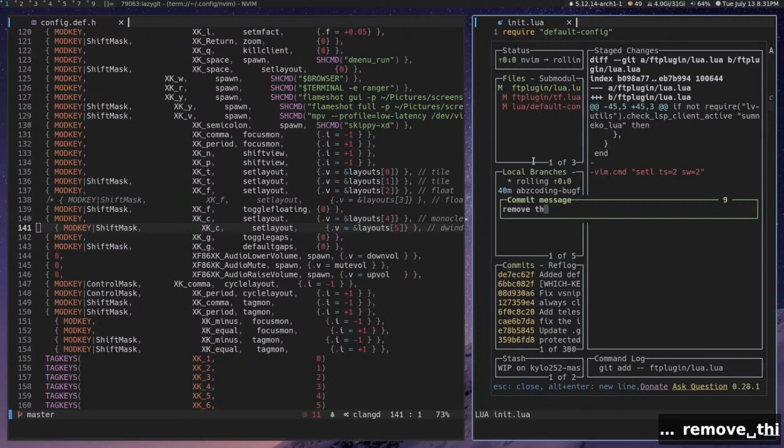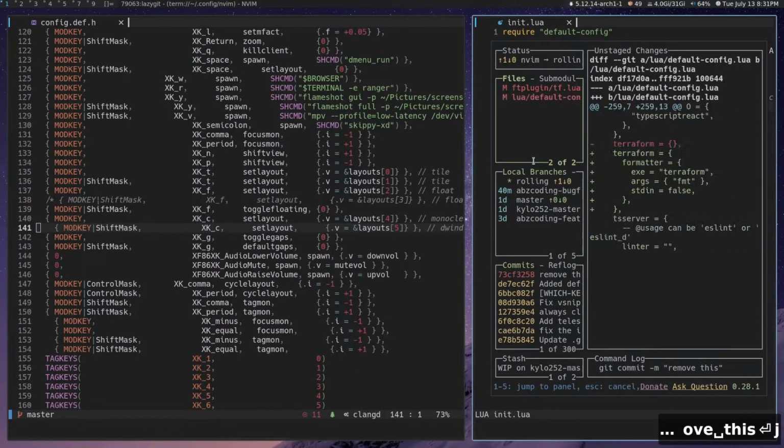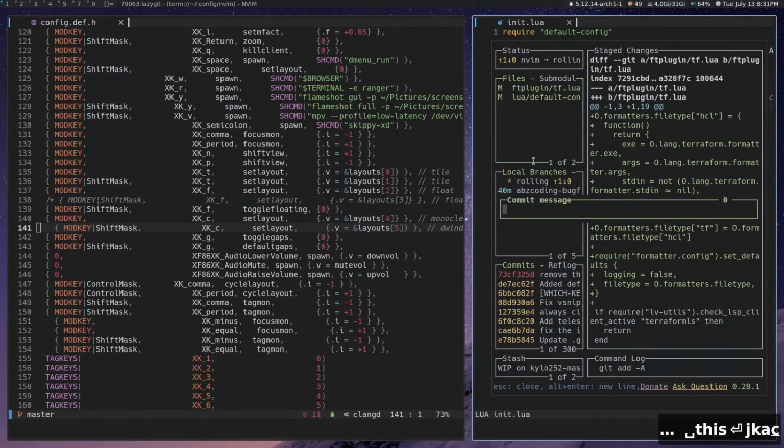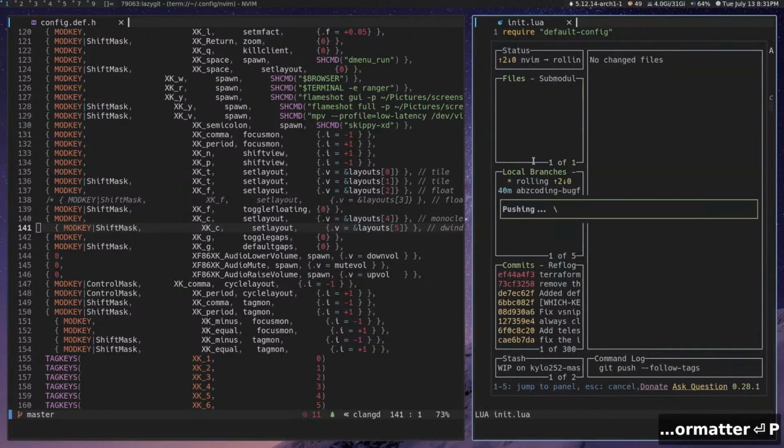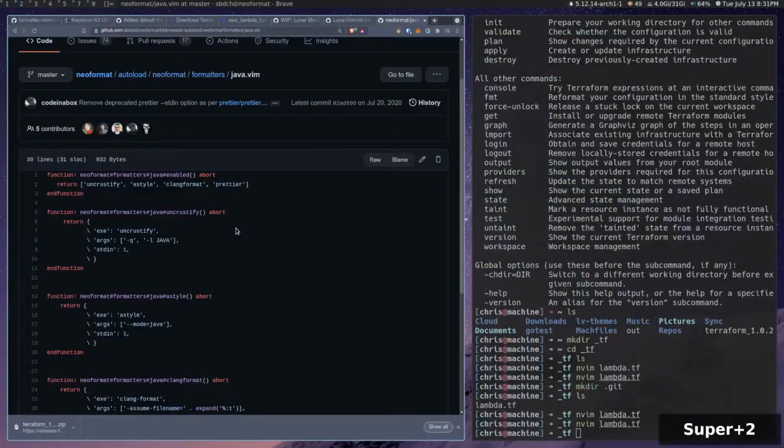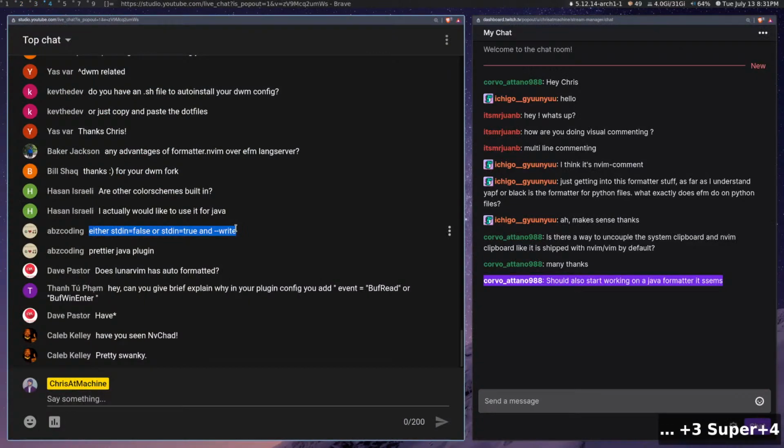Remove this. And Terraform formatter. There we go. Prettier Java plugin, okay. Hey, can you give a brief explanation of why in plugin.config you have event BufRead or